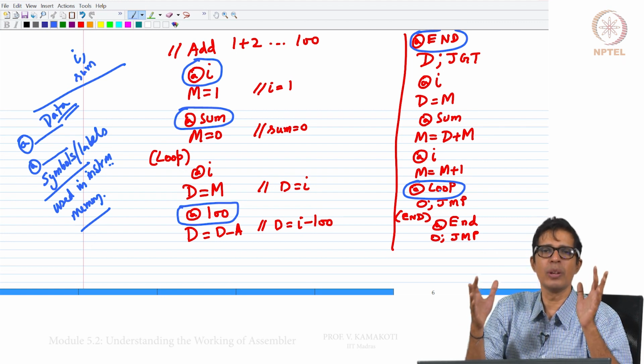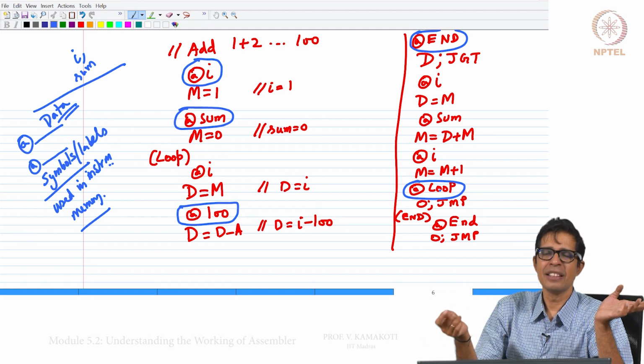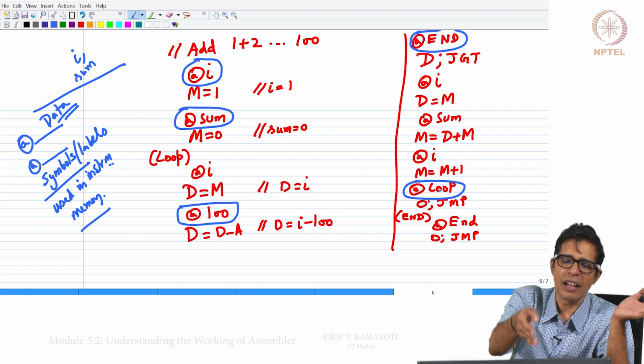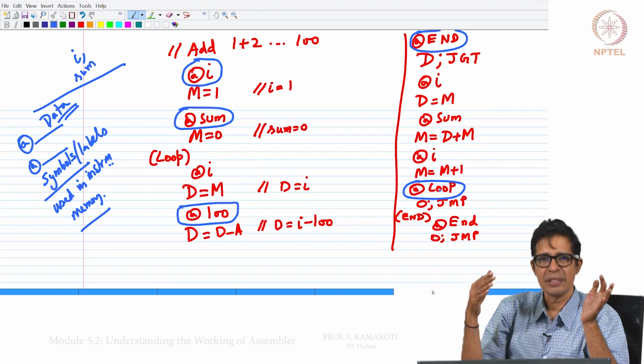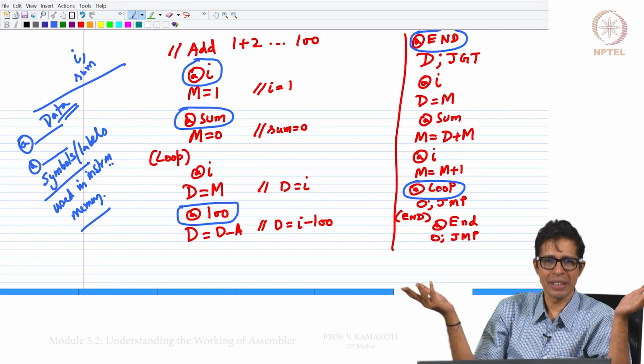So, one of the basic steps involved in assembly is to first resolve these labels. Finally, when I translate to binary, every one of these at instructions will have a value. We do not have I in the binary representation.